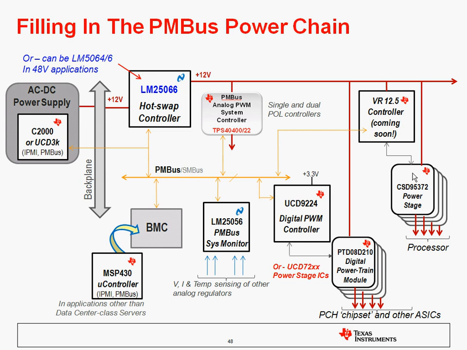But taking that a step further, there are many other devices within the environment besides just the hot swap controller at the edge of the card. In the AC to DC power supply that is sourcing it here on the left, you could easily be using a C2000 microcontroller or a UCD3K to operate and control that power supply and connect that to the main system PMBus interface. And there are many other devices, from point-of-load controllers to VR controllers to additional system monitors that can be connected to that same bus,